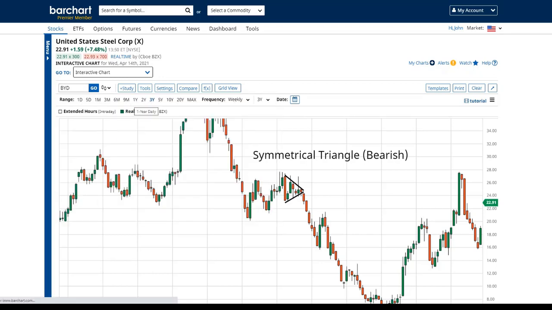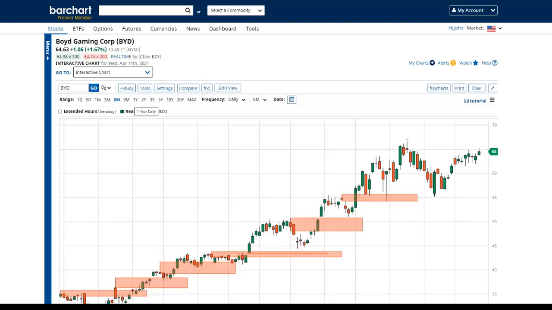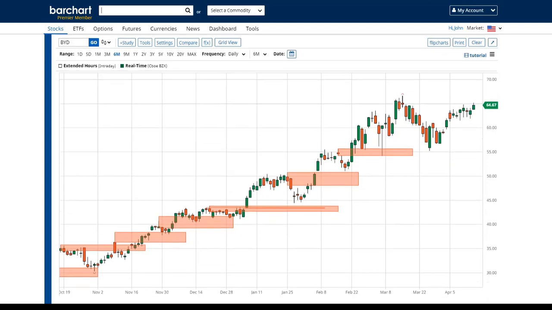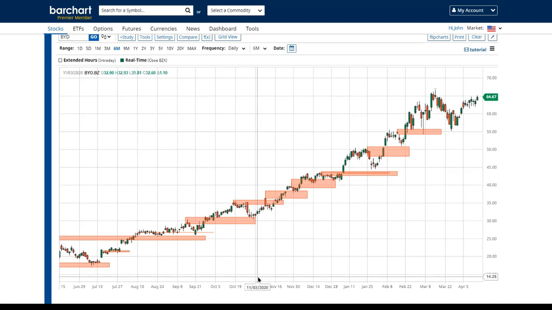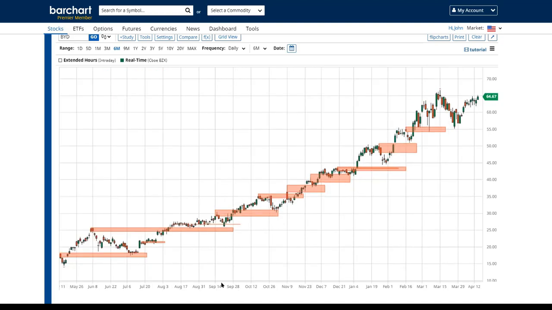And we kind of saw that in that V bottom that I showed you before, right? But this is Boyd Gaming, and these are typically found in slow, methodical uptrends, these staircasing type actions. And again, in a generality, these are usually found in heavily traded or very dense, low volatility markets. Now, I know Boyd Gaming is probably not a heavily dense or big volume market, for instance, like a Google or an Amazon. But what we see is these series of kind of sideways actions, right, of equal highs